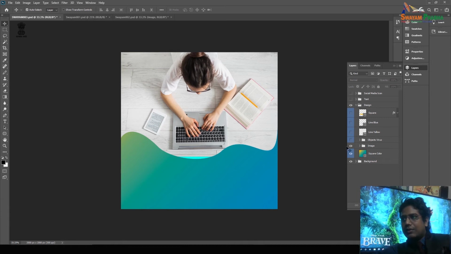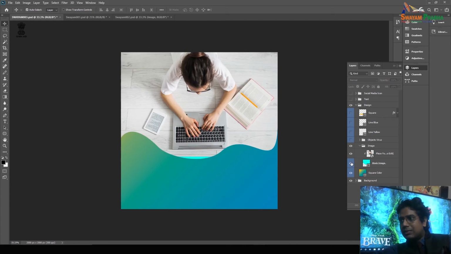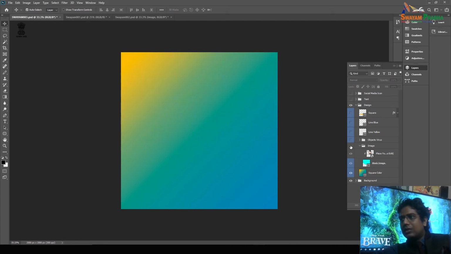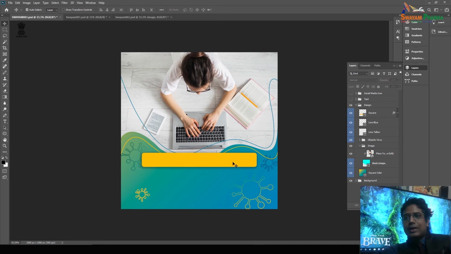Like over that we put one image over there, right? We masked the image, so this is the masked image, then overlaid the image, and this is the output. Then we added some virus images over there, right? Then you can check out the designer has added one of the supportive lines, and that's giving us a really beautiful look and feel. Then a blue supportive line over there, then one square to write some element, right? So simply we can also write text over there.